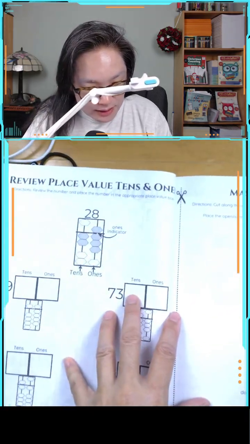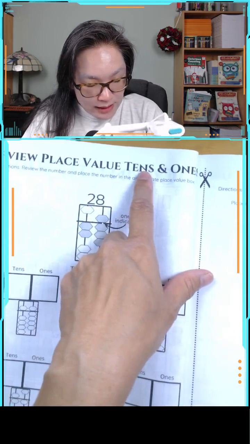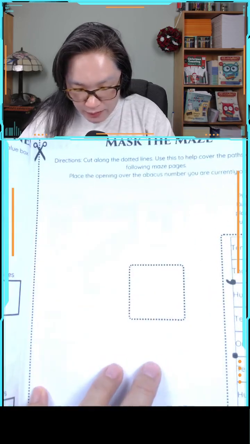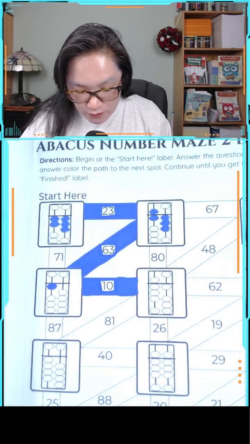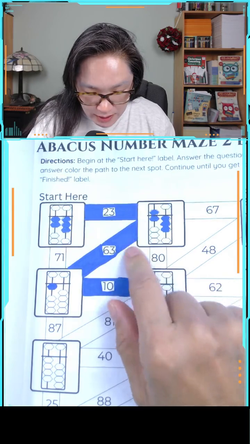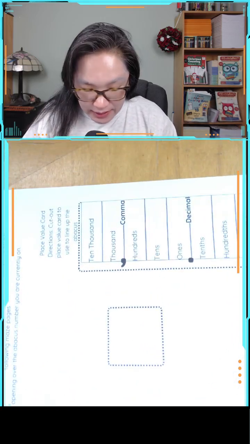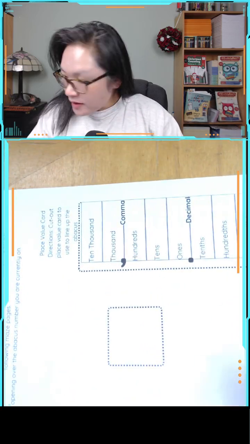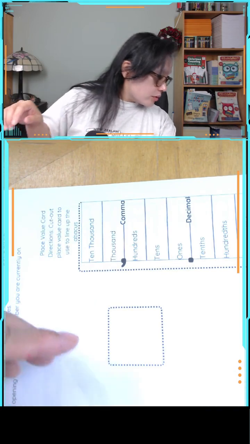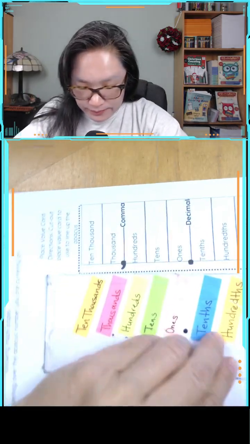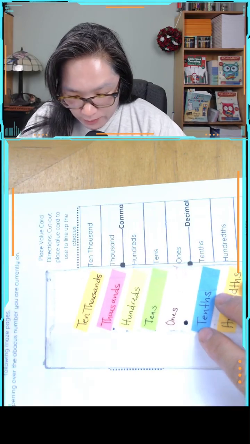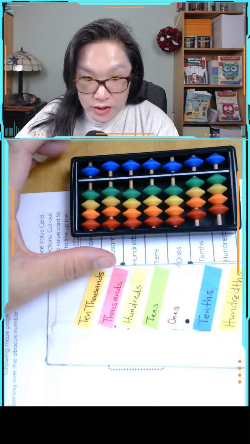And then here is the review for the tens and the ones, place value. And then we have the mask maze. Again, the mask maze is for the mazes to cover this up. The nice bonus is that I did add in a place value card. This place value card is very similar to the one that I have, like this. So if you notice, I try to match it up where you can match it up to your